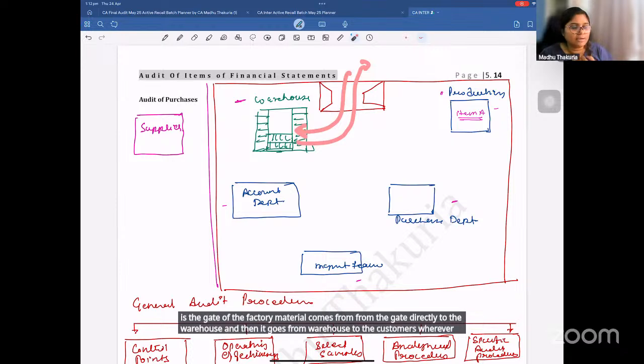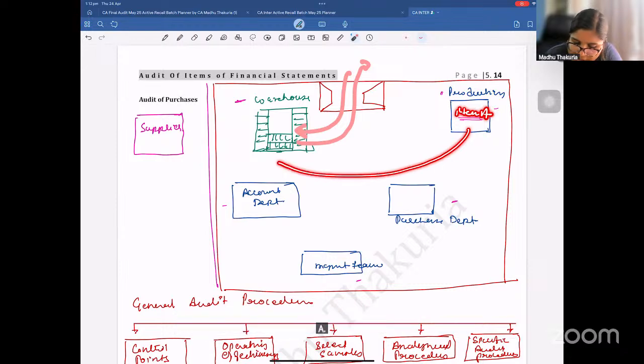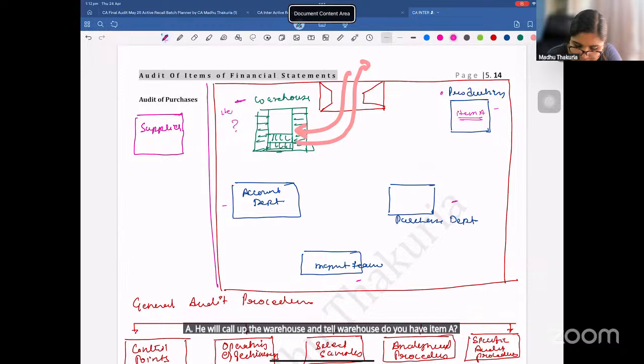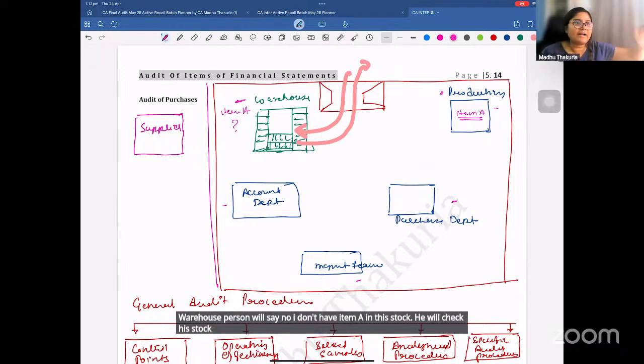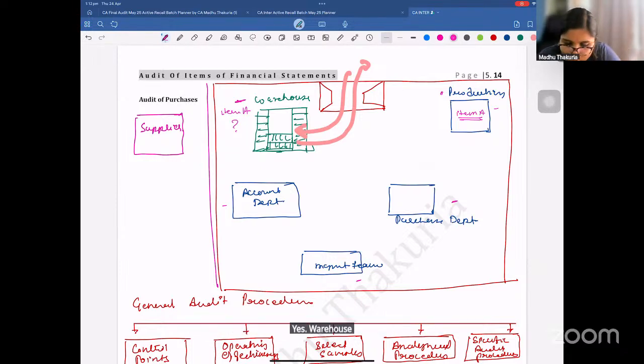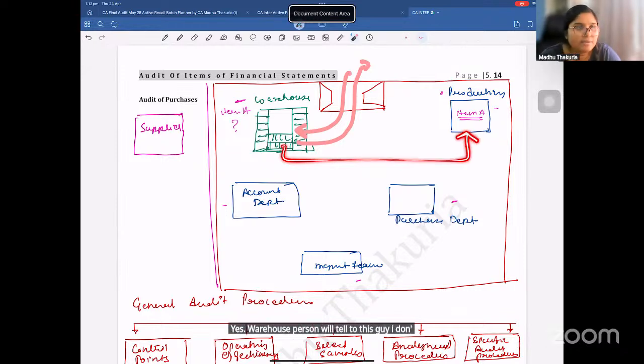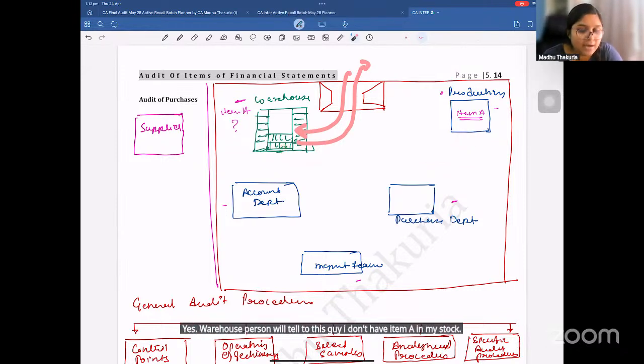Now, the production guy needs item A. He will call up the warehouse and ask, do you have item A? The warehouse person will say, no, I don't have item A in stock. He will check his stock in the warehouse and in the rack physically. He cannot find item A in the rack, and also in the system inventory record there is no item A. It is finished. The warehouse person will tell the production guy, I don't have item A in my stock. You will need to raise the